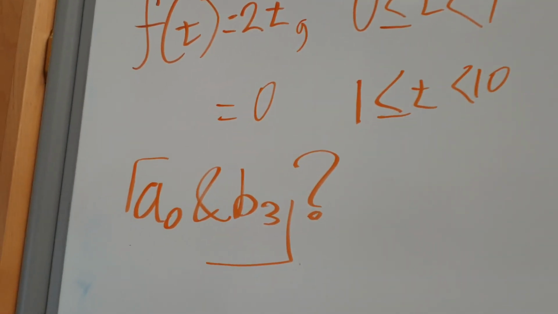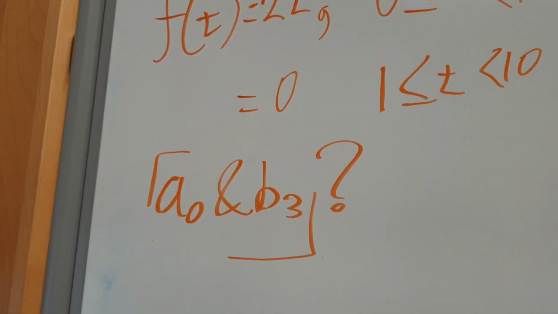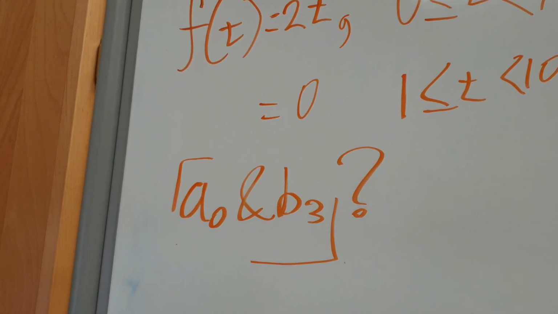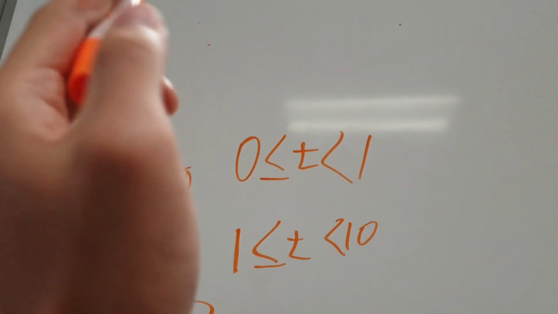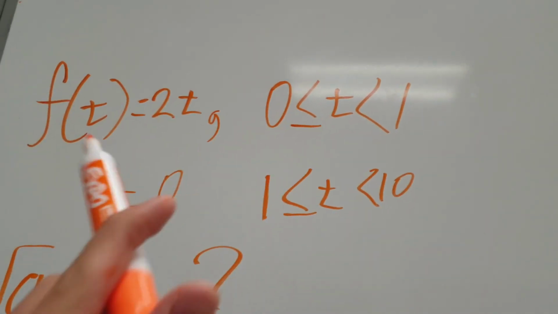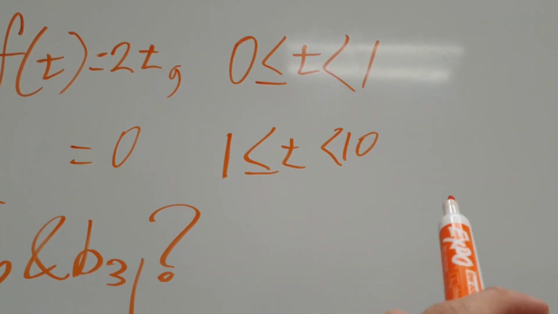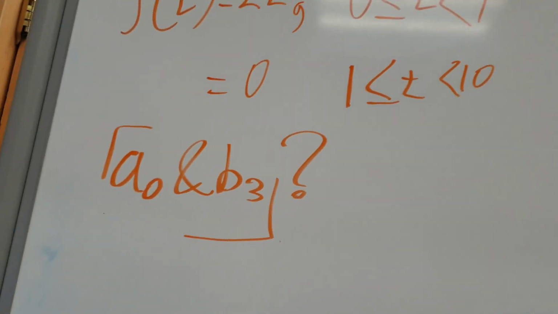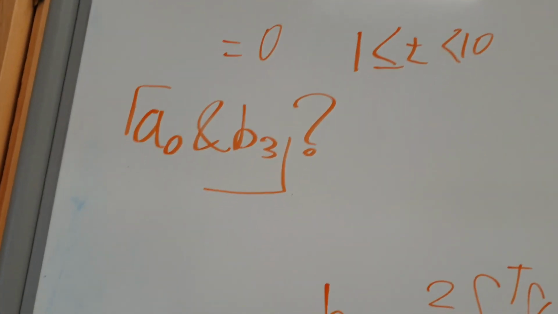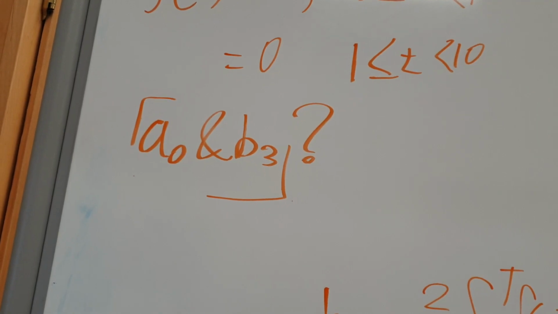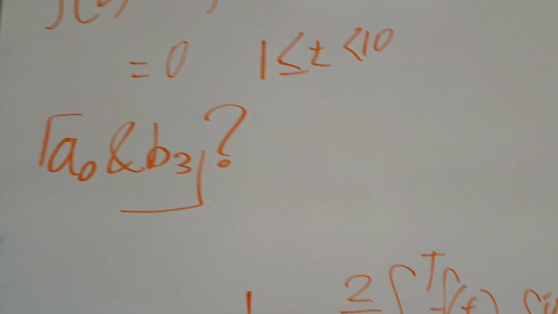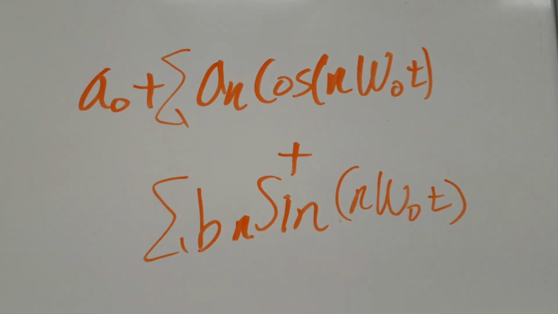So if you have a biological signal that can be approximated by the following repetitive time function, where f(t) is equal to 2t when t is from 0 to 1, and from 1 to 10 is going to be 0. Here we have to get the A0 and B3 term of its Fourier series. And the Fourier series is